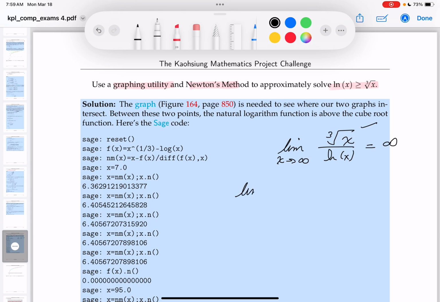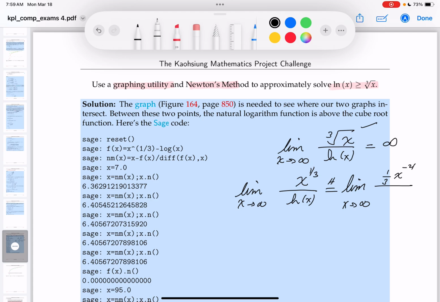The limit, x goes to infinity. And I notice that both of those functions are going towards infinity. So I'm going to use L'Hopital's rule. So I'm going to write down x to the 1/3, and the bottom I'll write down natural log of x. I'm going to use L'Hopital's rule, and I'll write that down for a limit as x goes towards infinity. And if I took the derivative of the top, using L'Hopital's rule, it's going to be 1/3 x to the